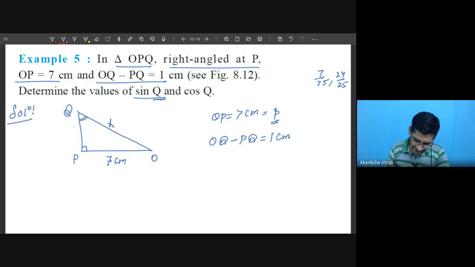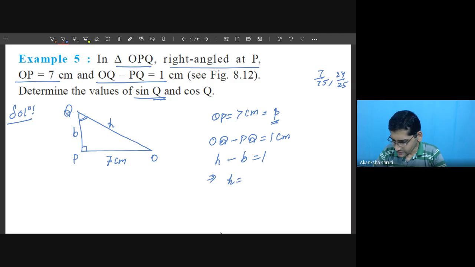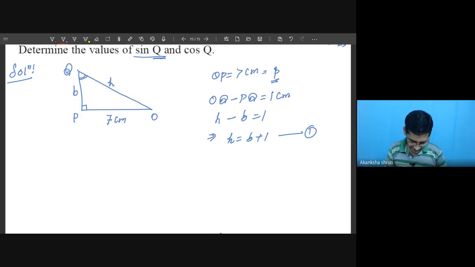While drawing the triangle, you have to be careful. So write this: H minus B is 1. Means here you can get H is equal to B plus 1. Take this as 1. Now, since H square is equal to P square plus B square, you denote this 7